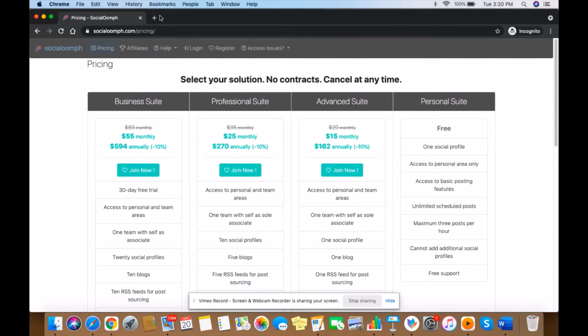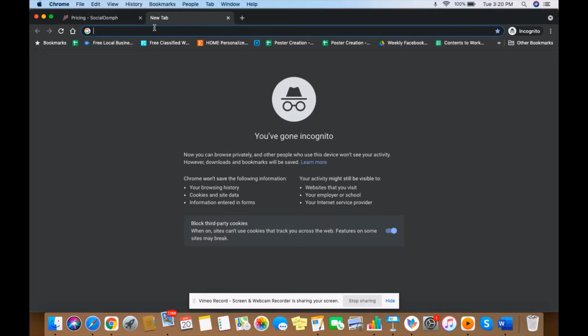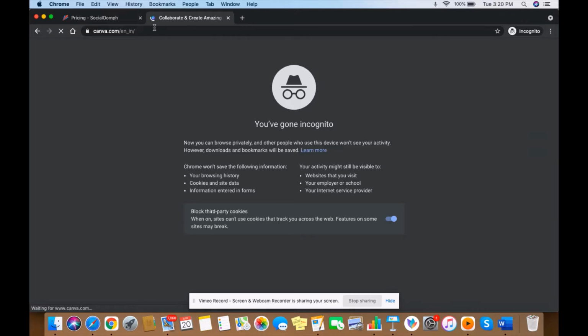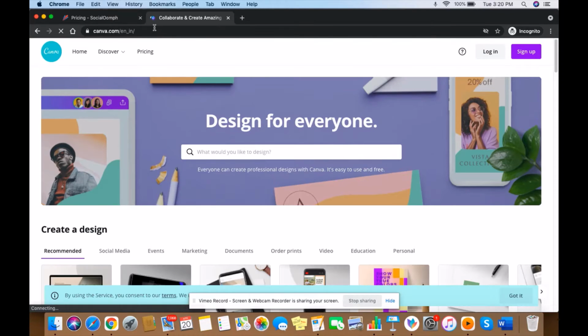You can create a poster in canva.com. So canva.com is an amazing website where you can create a number of amazing posters, flyers, and other marketing materials. Maybe I will create a separate video on canva.com, and I can explain more about this there.